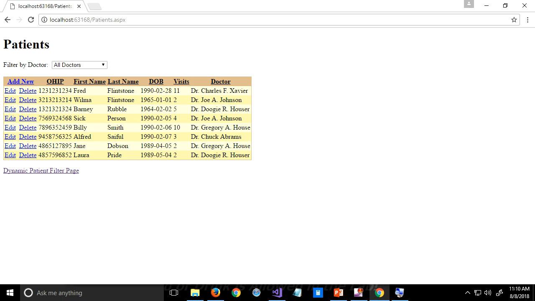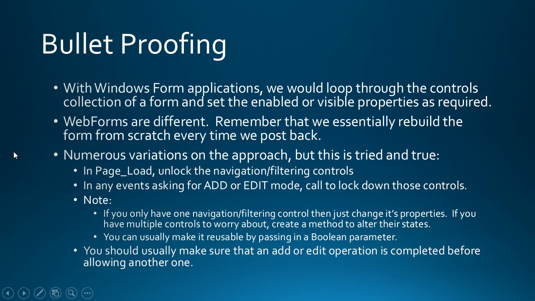So there's really not too much more about bulletproofing. I've just given you some guidelines. There's not a recipe to follow because every page is a little different. There are times when you might have multiple controls that all have to be disabled. Well, in that case, what I suggest you do, I think that's even in my PowerPoint slide here, what I suggest you do,